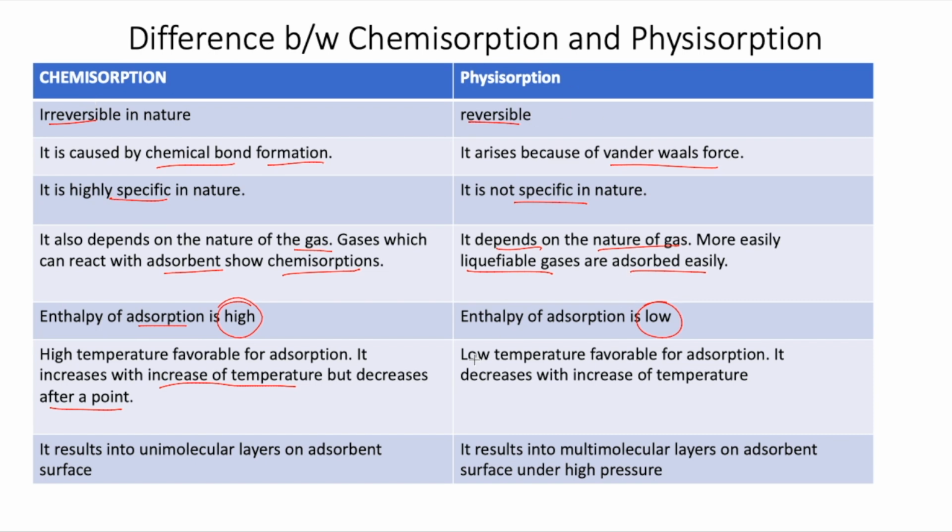Whereas in physisorption it is low temperature favorable, that means it decreases with increase in temperature. So if I am plotting chemisorption versus temperature, this should increase first of all and then decrease, whereas if I plot physisorption and temperature, that will always be decreasing, it will keep on decreasing. It results in a unimolecular layer on the adsorbent surface, whereas in chemisorption multilayers of adsorption can also form under high